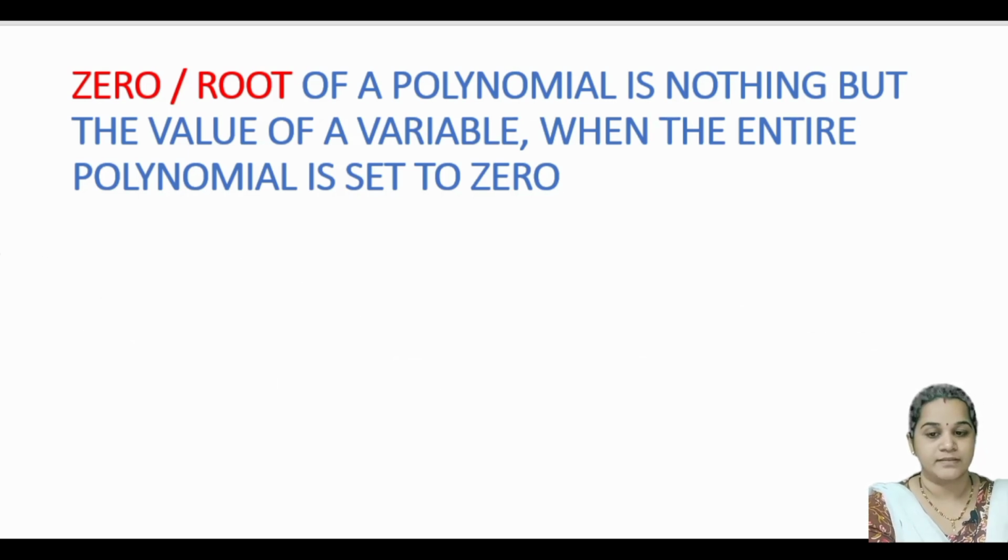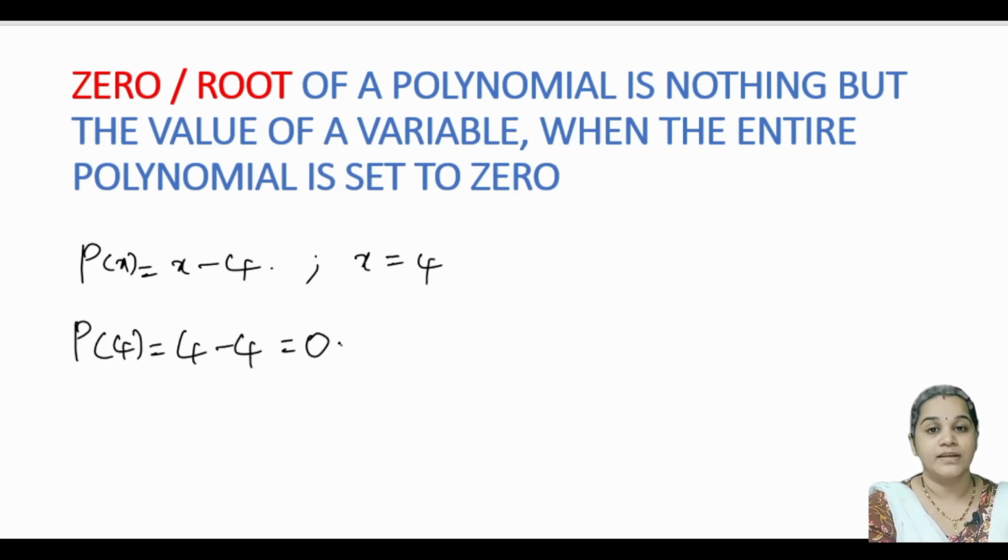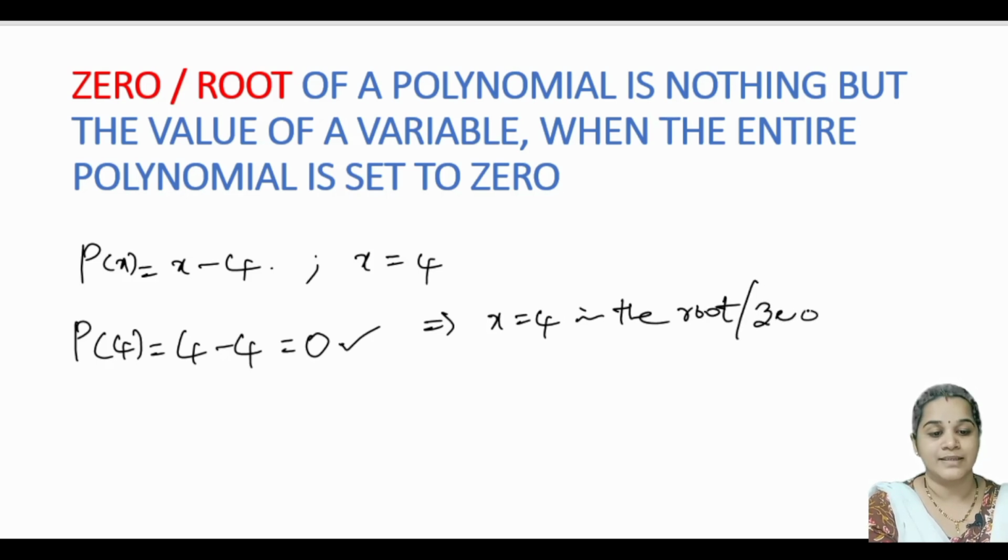Another example, suppose the polynomial p of x is equal to x minus 4. If we substitute x is equal to 4 in this polynomial, p of 4 is equal to 4 minus 4 and the value comes out to be 0. Here we can say that for the value x is equal to 4, the polynomial p of x is set to 0. So x is equal to 4 is the root or zero of